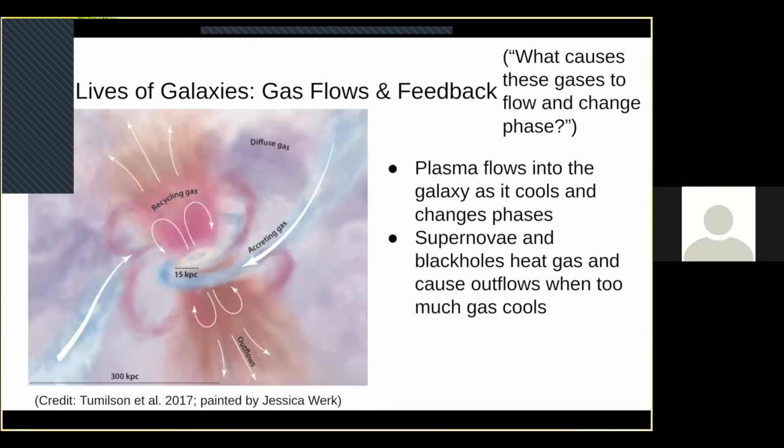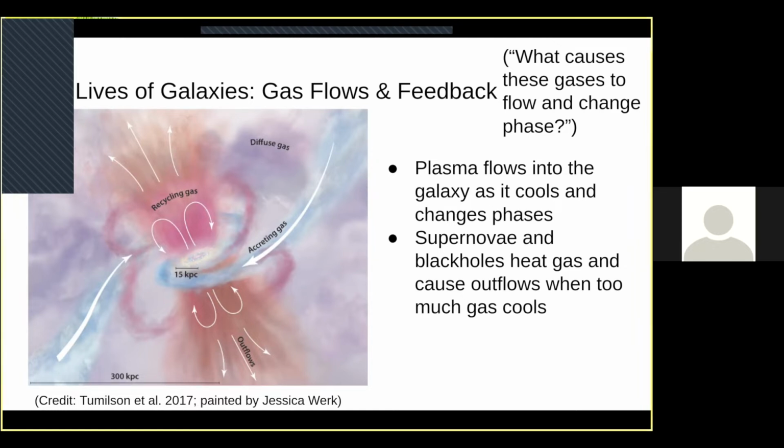And so together, these gases form a life cycle for galaxies. So what happens is they're surrounded by this very diffuse plasma. And as that plasma cools, it can fall towards the galaxy in the center and eventually become atomic hydrogen. That atomic hydrogen can cool down into molecular hydrogen, and that molecular hydrogen can form stars. And the thing is, though, that once you form stars, you also form really bright stars. You can form supernovae. And supernovae and really bright stars heat up gas, and they can push it back out.